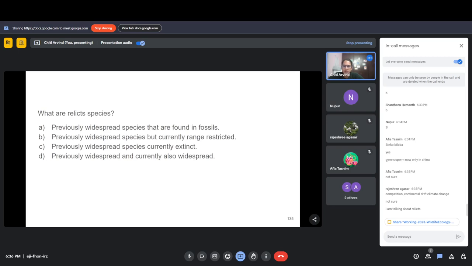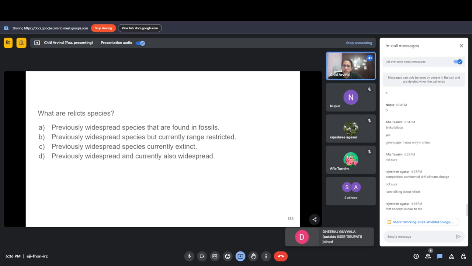survived over several years, and this lineage survived not only the KT mass extinction but also the Pleistocene glaciations to become a relic. Okay, the concept is new, but everybody managed to get the right answer. So yes, so relic species are those that were previously widespread and are now found only in certain regions, and this